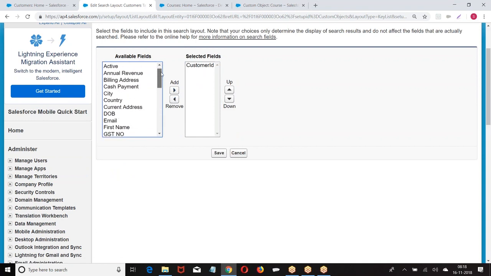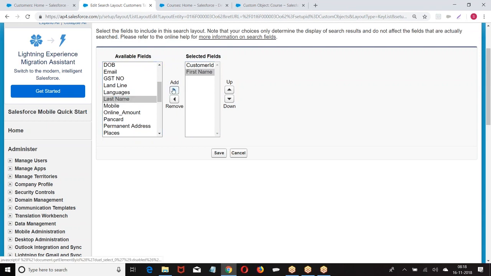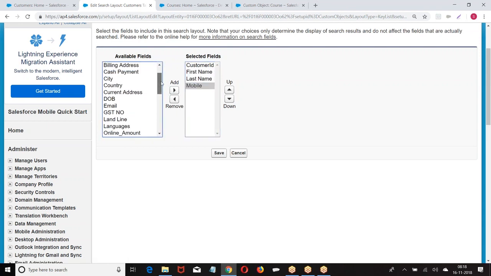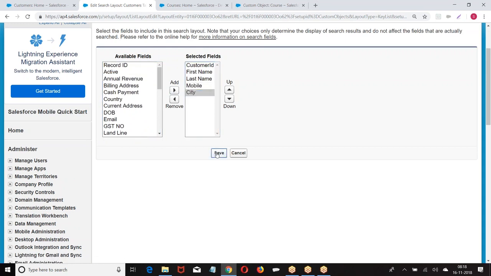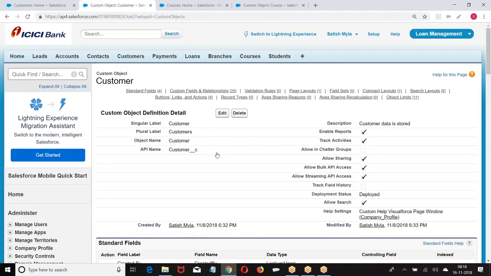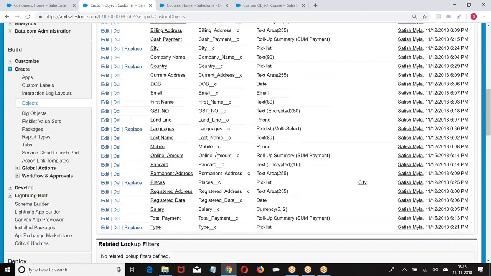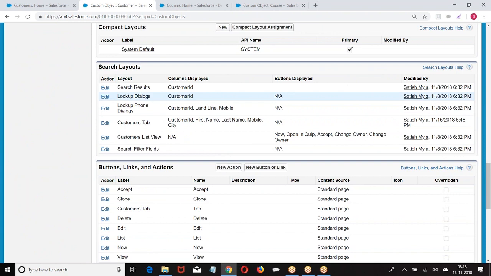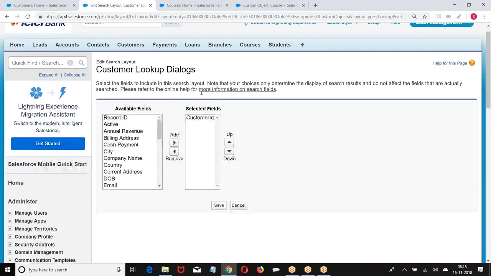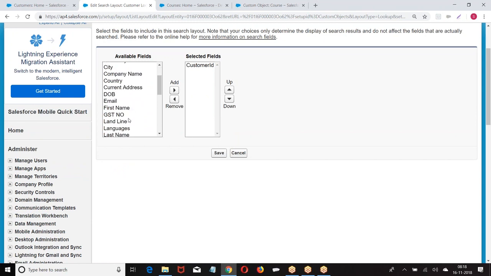Now you decide which fields should be displayed here. First name, last name. Similarly, when you are using a customer object as a lookup, what do we have? Lookup. Edit. Now I am giving it.